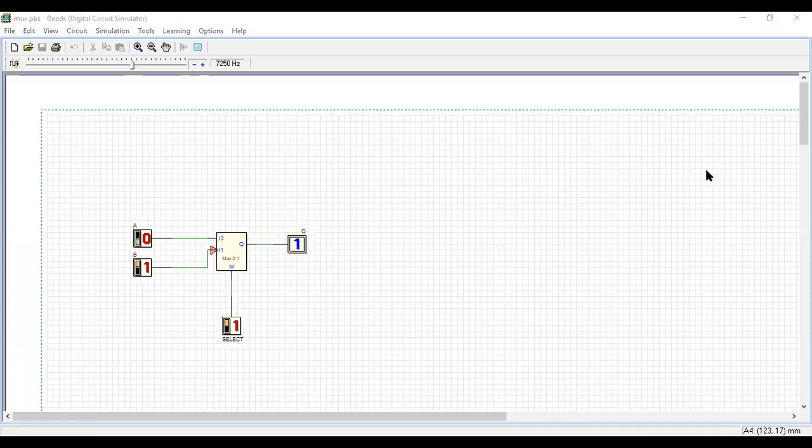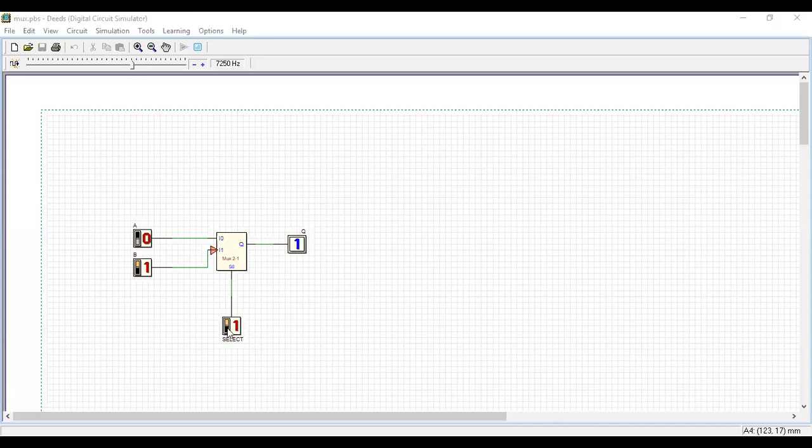What is the enable input on the multiplexer chip? Yes, we discussed yesterday. Enable is like the main power button. If I make enable 1, I can operate that IC. If the enable pin is 0, I cannot operate that IC. Only if your main power button is on can you operate the TV, grinder, mixie, anything in your home. If it is off, you can't operate anything.